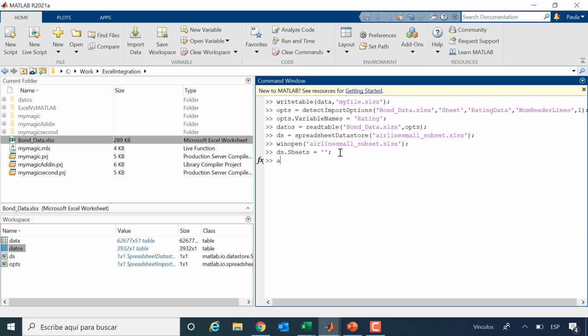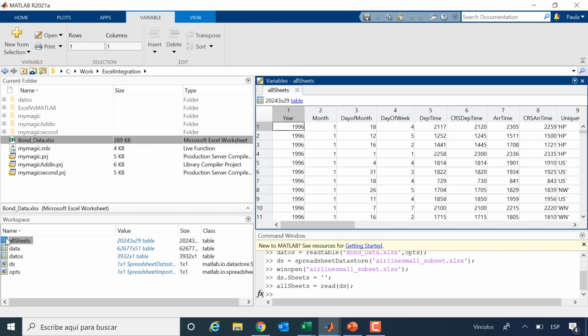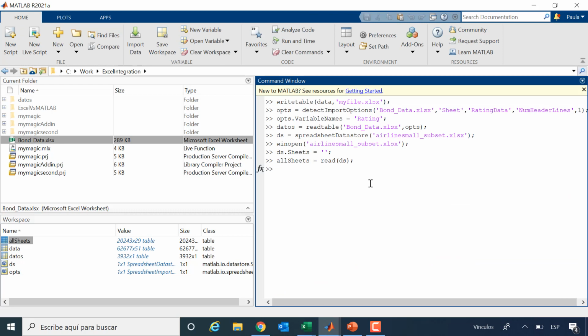So now I can write my own variable. You can choose any variable. And I just call readall DS. When I say this, at this moment, I am reading the data. So now the data is in the workspace. I could only do this if the data fits into memory. If you had a huge data set that cannot fit, then MATLAB knows how to deal with it using tall arrays.